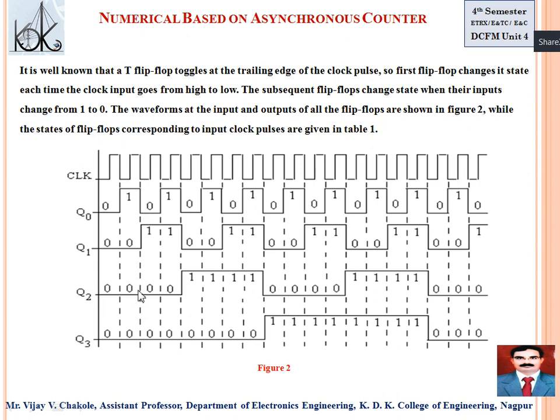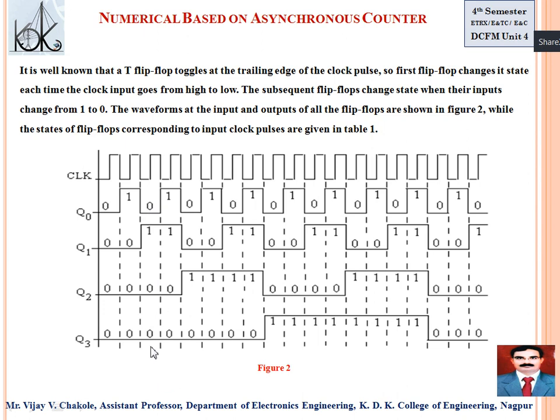Here the requirement is a negative edge, so that's why there is no change to flip-flop 3, right? Again 0 to 0, the requirement is a negative edge, so flip-flop 4 doesn't change, it is again 0 to 0. So my next output is 0, 0, 1, 0, right? 0, 0, 1, 0 is 2, right?